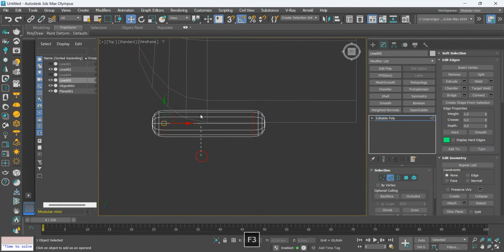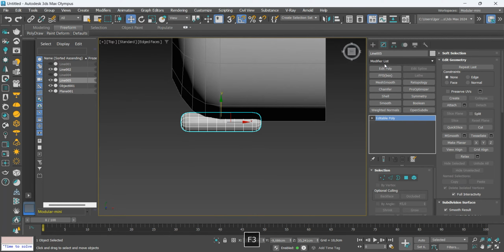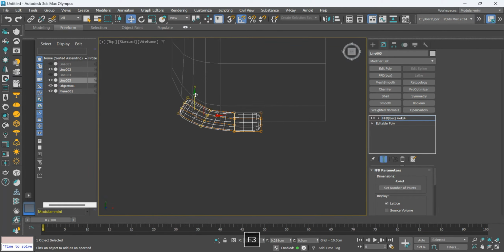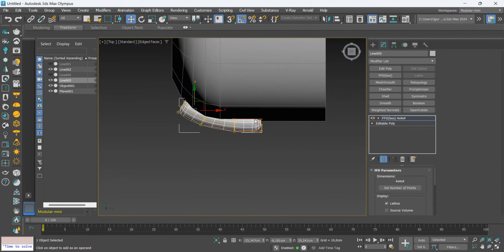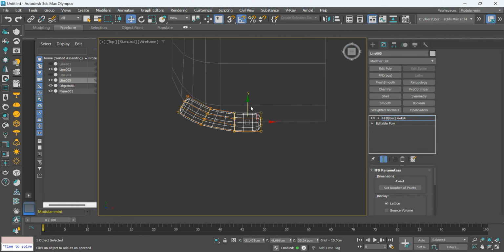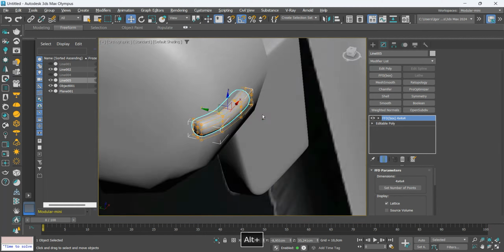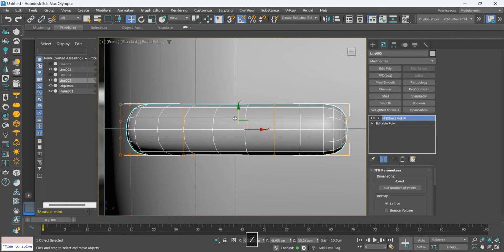What we're going to do now is add some segments so that the shape follows the curvature of the model. I'm going to use FFD to create the curves, just rotating the points so that it crosses the mesh a little. Once this is done, add a smooth modifier and finally we will create the copies following the base shape of